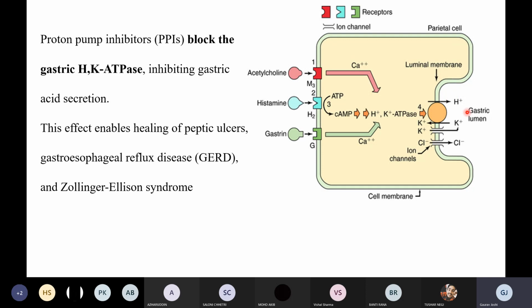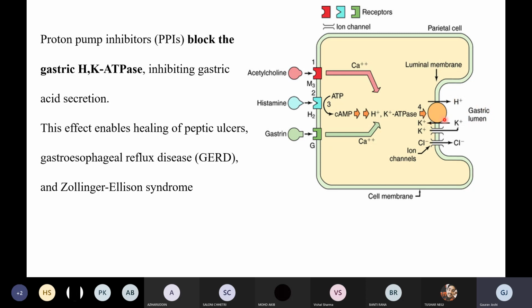If the hydrogen is not coming, basically see, when we are talking about the acid, the acidity is determined by the presence of the hydronium ion or the H positive ion, right? Both are the same thing. We can write it as H3O positive, or we can write it as H positive. So if we are able to block this pump, the effect of all these three things will come to a halt, right? And this proton or this hydronium ion will not get transferred into the stomach, the gastric lumen. So acidity won't rise, right?